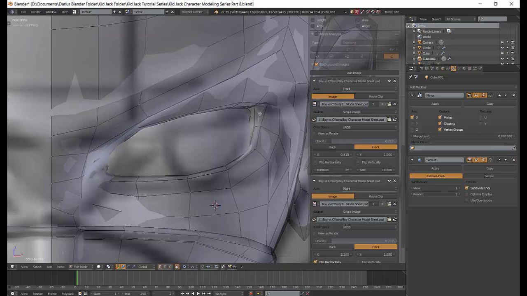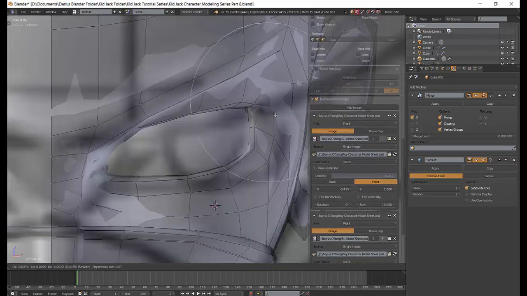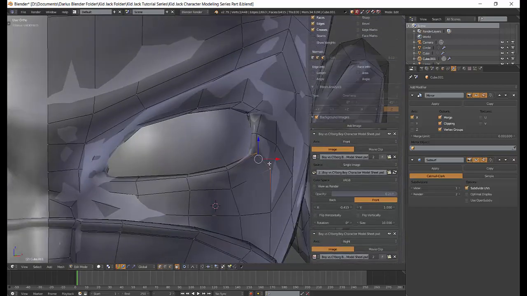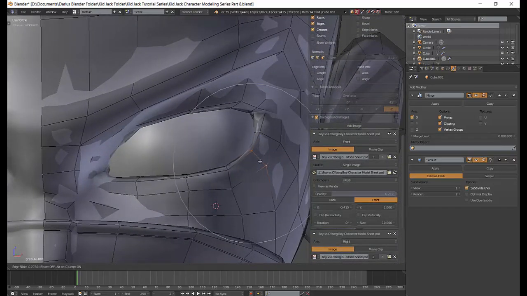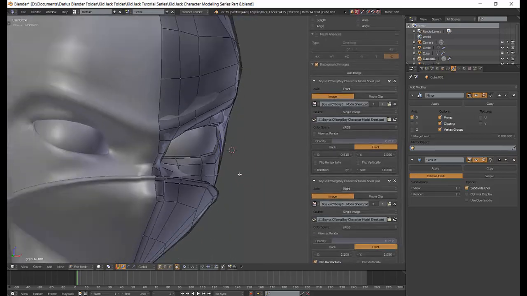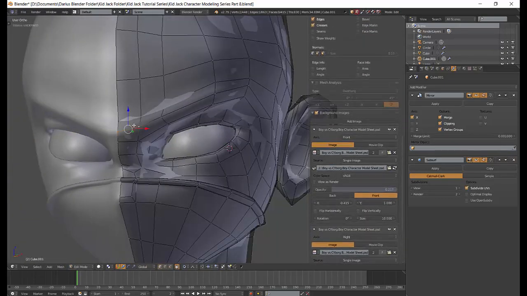So, with this minute, I will move these in. Probably should go ahead and edge slide these guys. Then move this top one up and out just a little bit. Really don't want that bulging. That's looking good. Now the last thing I'm going to do before I call this tutorial over,